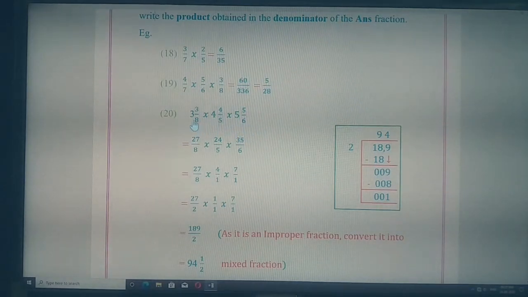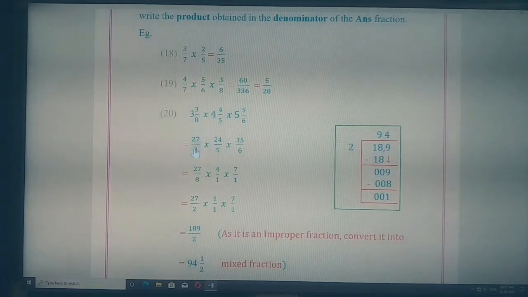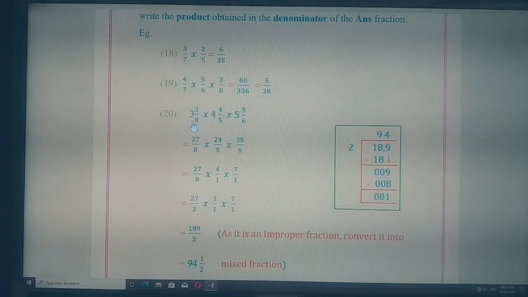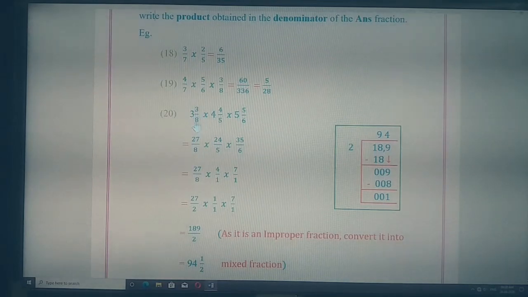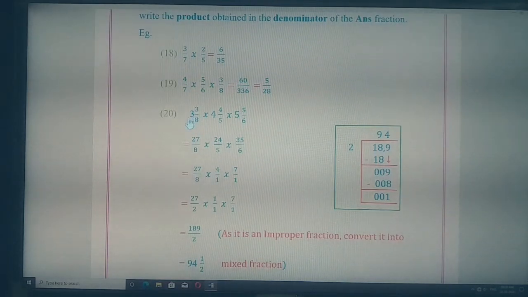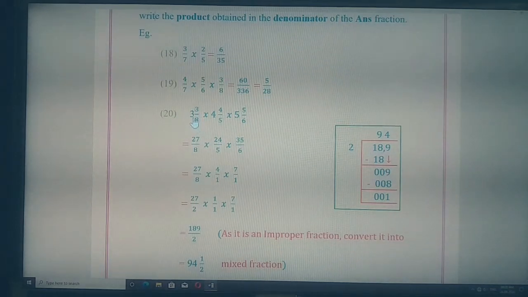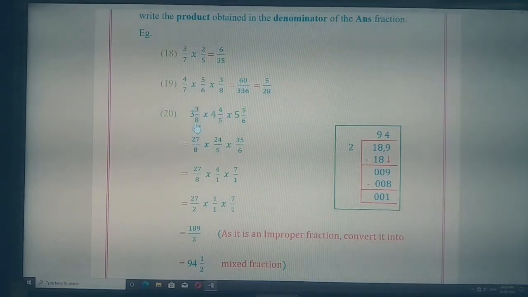But in order to solve them, first we have to convert them into simple fractions. That is, we convert the mixed fraction into an improper fraction. To do this, we use the multiplication addition rule, where 8 and 3 are multiplied and the answer is added with 3. First we have to multiply, then we have to add. Multiplication M and addition A. So 8 3s are 24, 24 plus 3 is 27. So the numerator will be 27 and the denominator 8 is copied as it is.